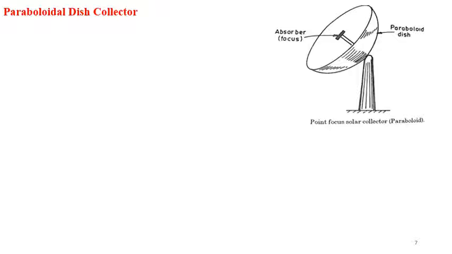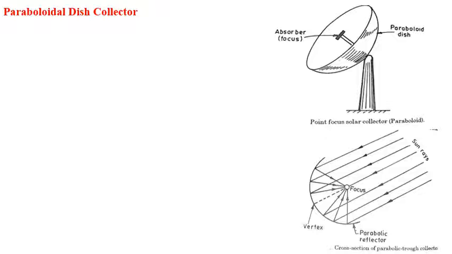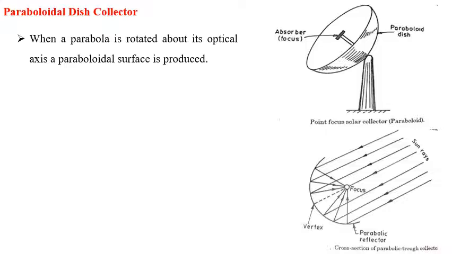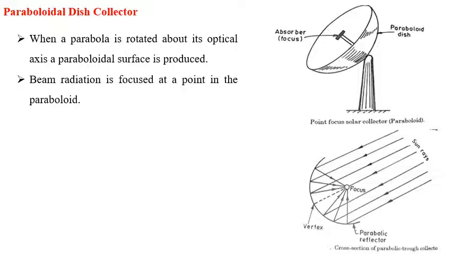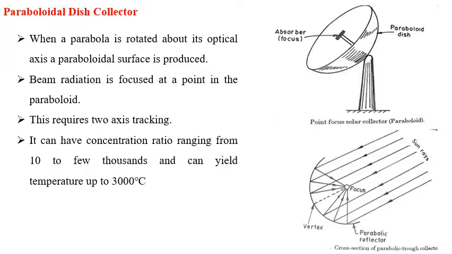Next, the paraboloidal dish collector. It is a point focusing collector. A paraboloidal dish collector is shown in the figure, which brings solar radiation to a focus at a point, actually to a small central volume. A dish which is 6.6 meters in diameter has been made from about 200 curved mirror segments, and these mirror segments form a paraboloidal surface.